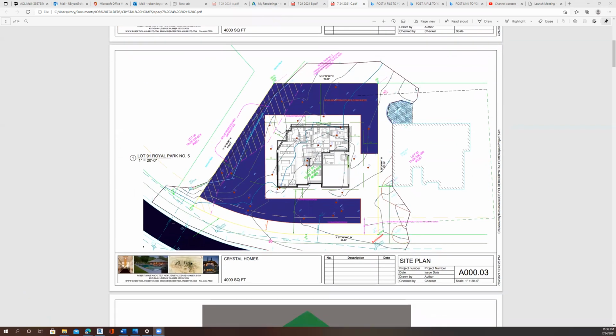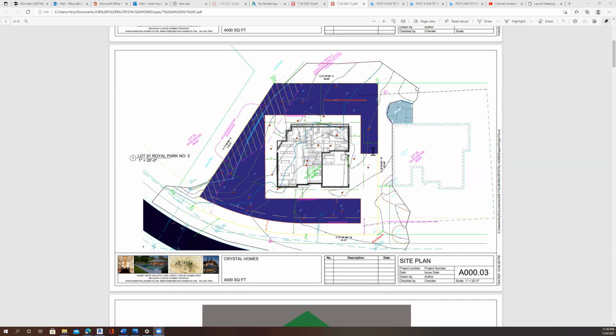But I've taken the surveyor's PDF, or I think in this case it was a CAD file, and I've added it to this file,